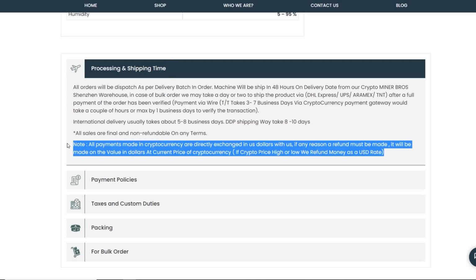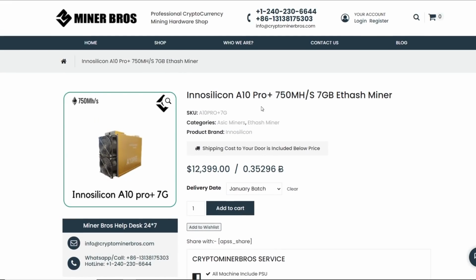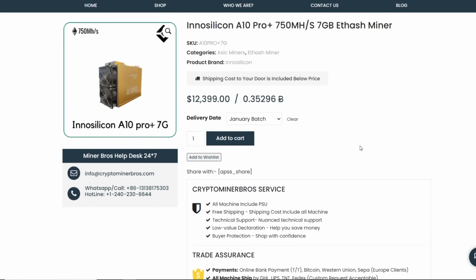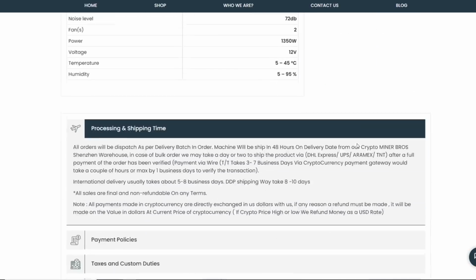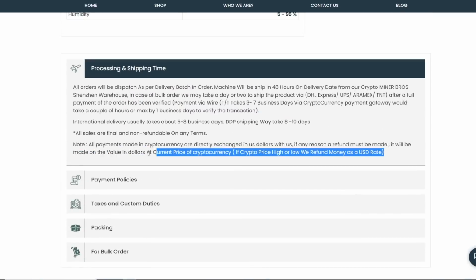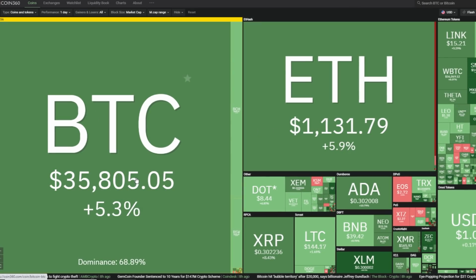This is something you guys should really understand, because I've had a few emails and a few PMs and DMs from people who have pre-ordered ASICs, and specifically this A10 Pro, not the 7 GB but the 6 GB, and there have been some people that were able to get an upgrade and some people not able to get an upgrade. I'm not quite sure, but you can see here, know your risk, when you're using crypto to pre-order something a couple months before, and if Bitcoin or Ethereum decides to 5x or 10x,